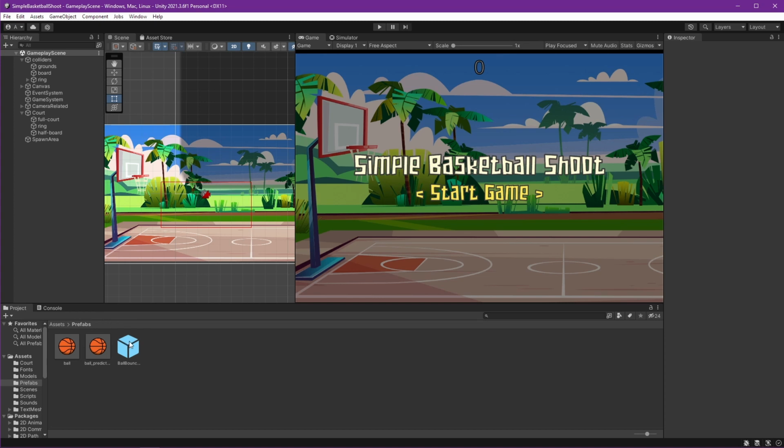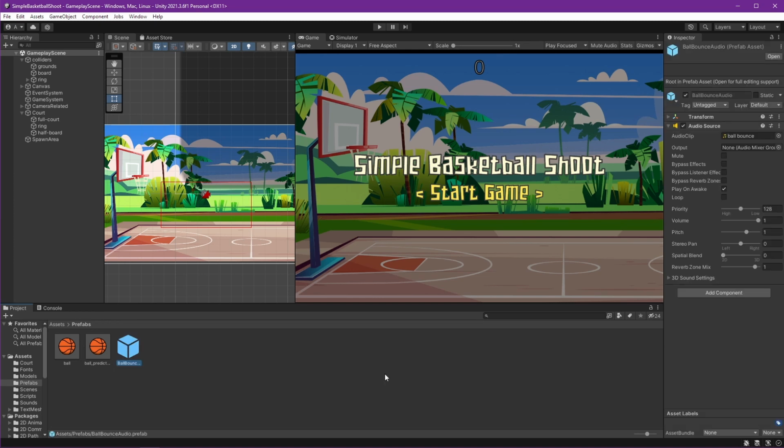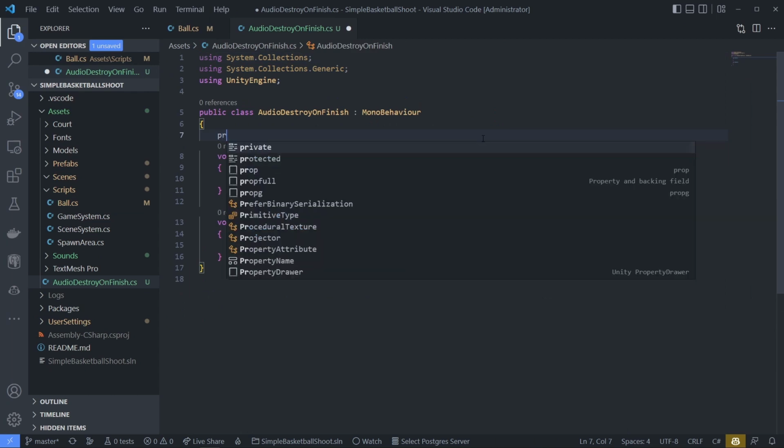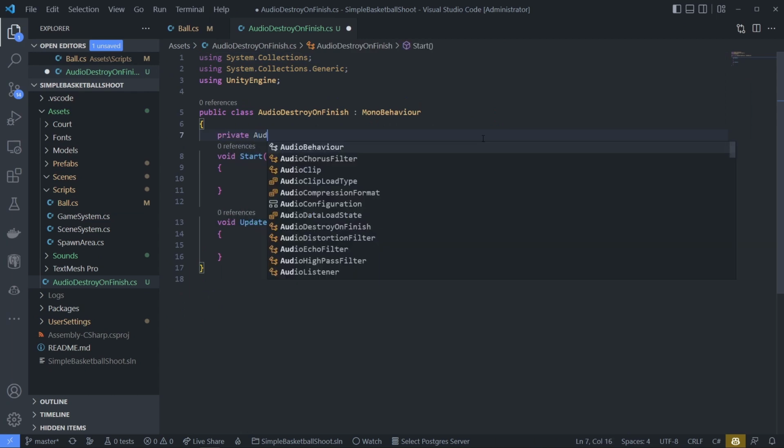And how to fix that? We can just create a script. Let's name it audio destroy on finish. Yeah, I will name it like that. Create the script, open it. Here we can add our private audio source.